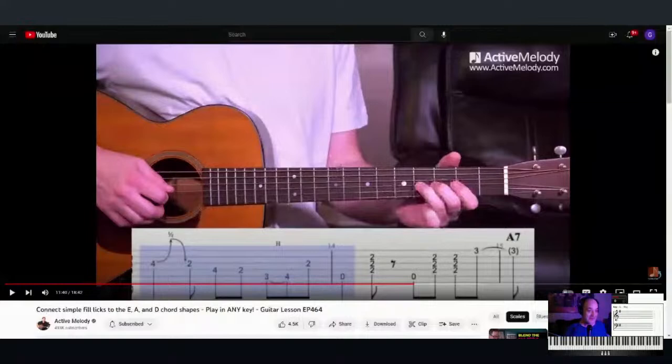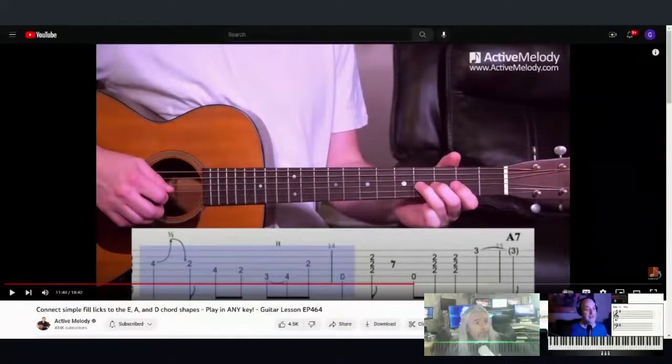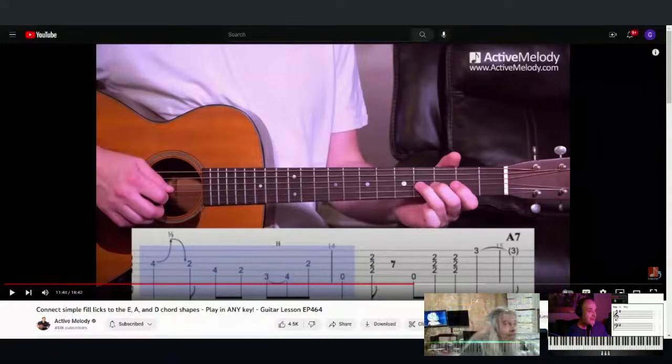Yeah, definitely good stuff, man. Like he says, it repeats, but the idea is being able to play little bits of chords and little pieces of phrases and putting them together, and just the way that he puts them together and uses them in those particular chord shapes, which are the most common movable chord shapes, with the E and the A there to get started with, and that D as well.